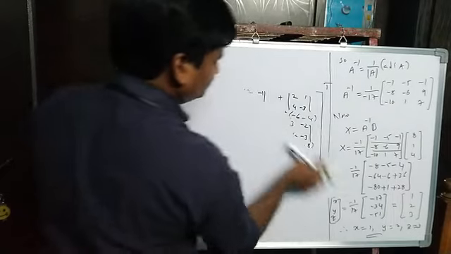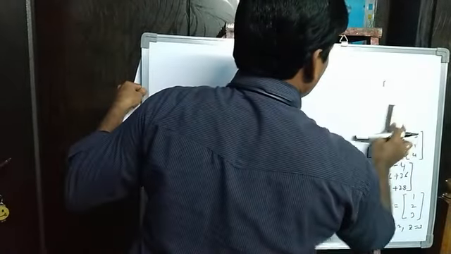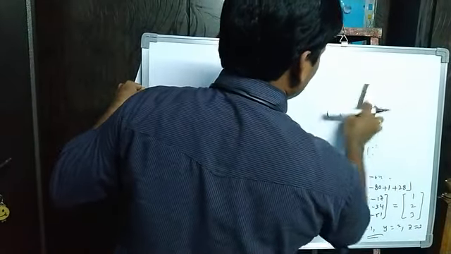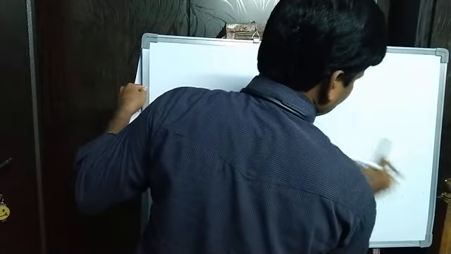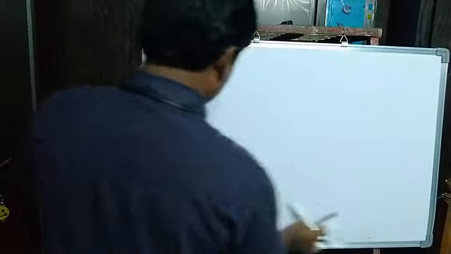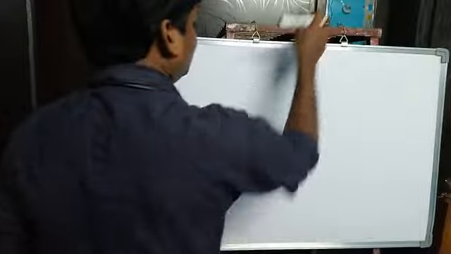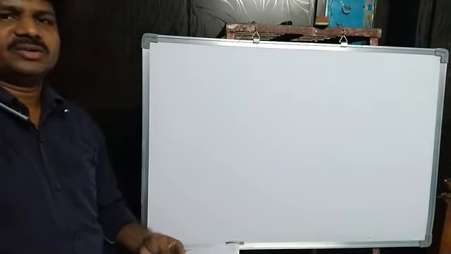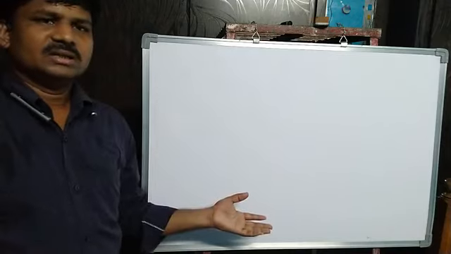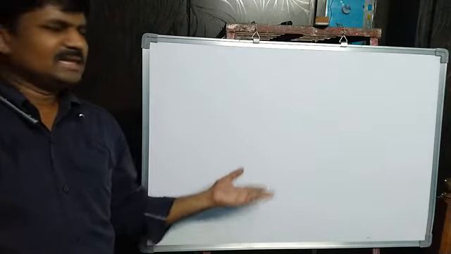It is the end question. Some questions are given. Word problem questions are given. Some information will be given, and we have to solve them. That means we have to make linear equations. Here he will not give the linear equations directly. We have to make the linear equations and solve them. Same procedure. Okay. Just come to the next question.